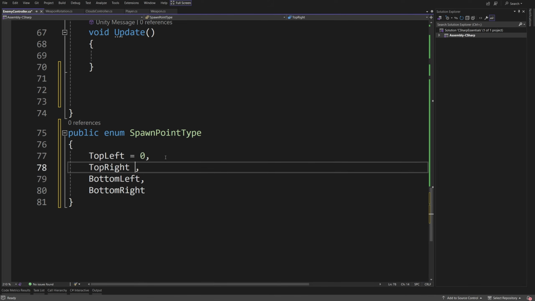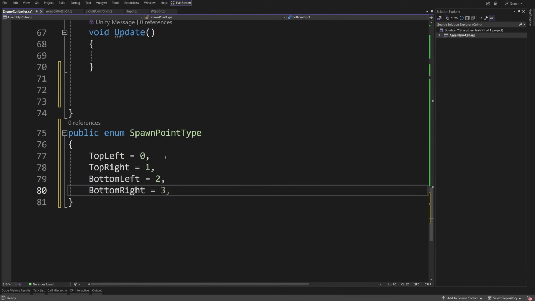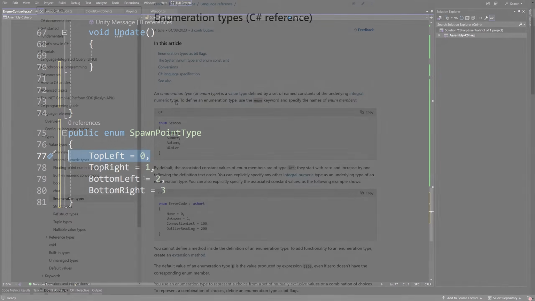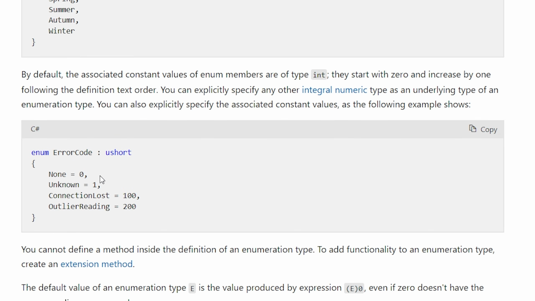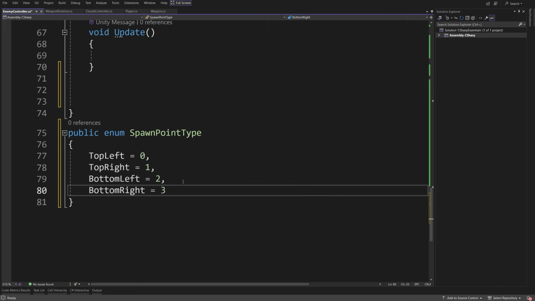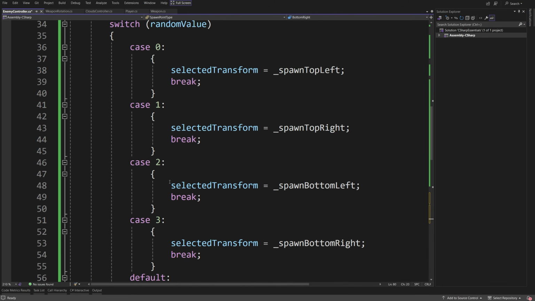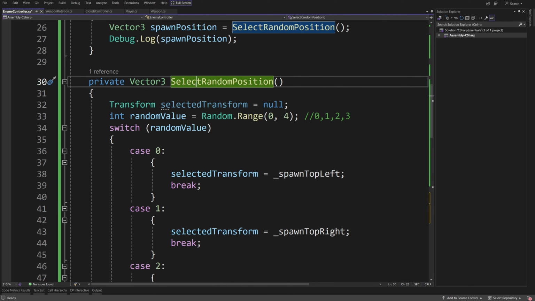So 0, 1, 2, 3. Each of those names will have an assigned integer value to it, although we can actually assign our own values as well. But by default they will start from index 0 and increment by 1. So this is useful for us, because now we can go up to our SelectRandomPosition method,